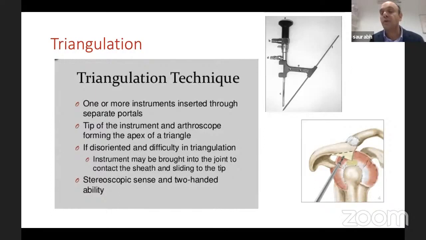The moment you start seeing your shaver, it's very easy to do SAD. So this is a very important tip. Touch your sheath and slide anterior, especially when you've just started to do shoulder scopes. So for example, here, that's the coracoid. So that is anterior. Your viewing portal is posterior. Arthroscopes come from behind. And as your shaver goes in, you can touch the arthroscope sheath, slide it just in the front, and you will start seeing your acromion, and then you can shave off the excess bit,